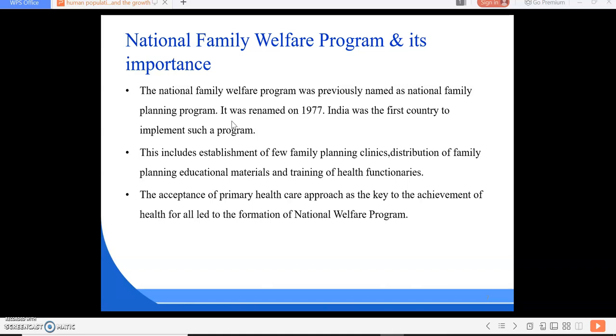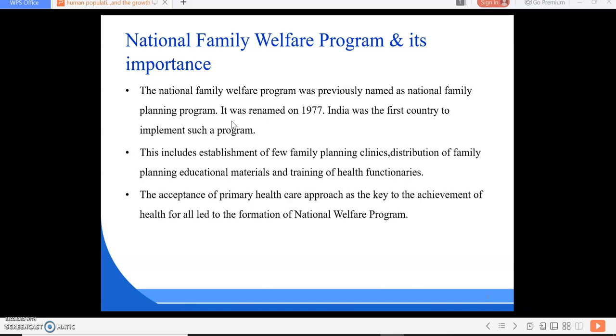Previously, this program was known as the National Family Planning Program. In the year 1977, the name was changed to National Family Welfare Program. The Family Planning Program was launched in India in 1952. India was the first country to do so. The beginning of the program was modest, that is, the establishment of a few FP clinics, distribution of FP educational material, training of